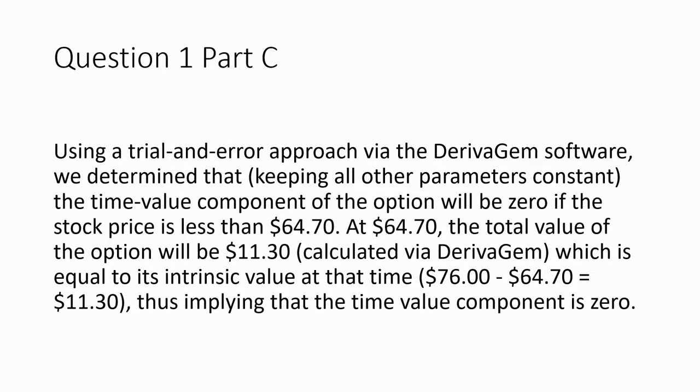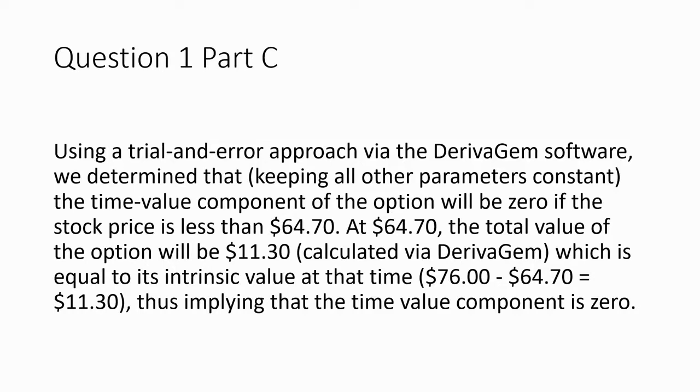Then for part C, we were asked to determine the range of stock prices for which the time value component of the option would be 0. So using a trial and error approach with the DerivaGem output software, we determined that while keeping all other parameters constant, the time value component of the option will be 0 if the stock price is less than